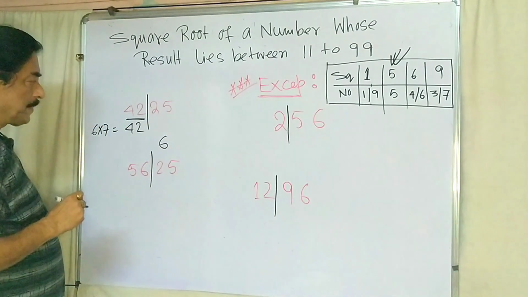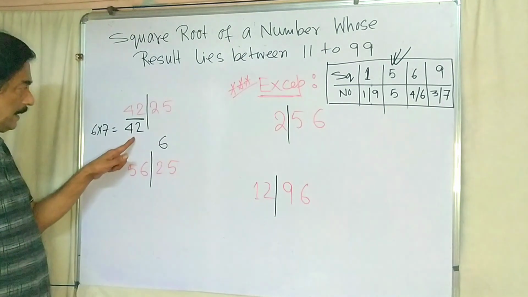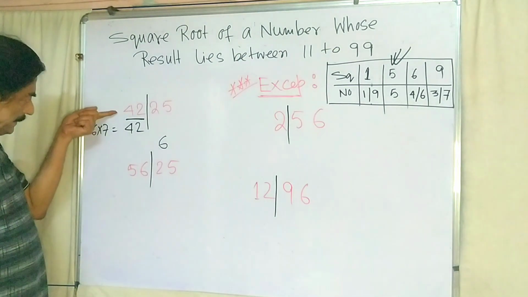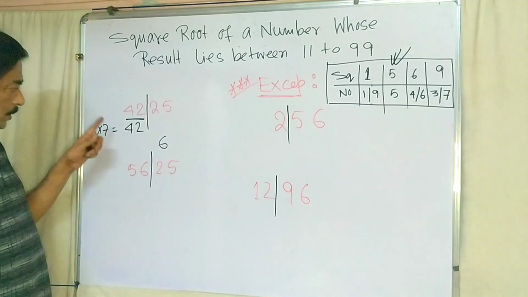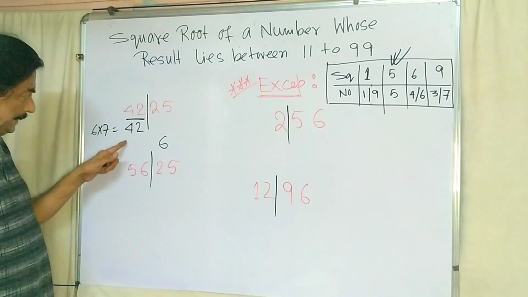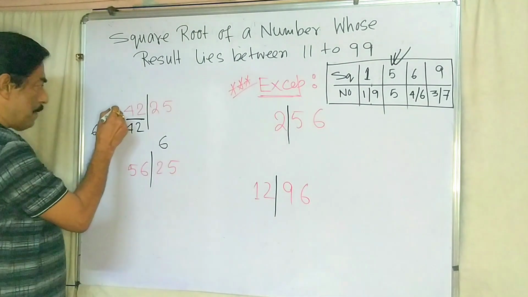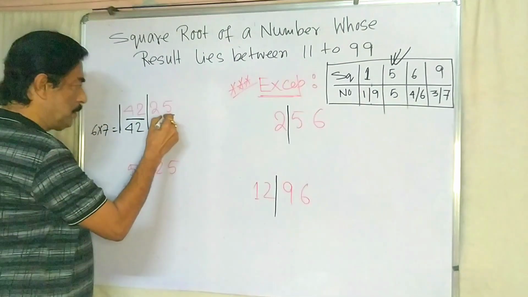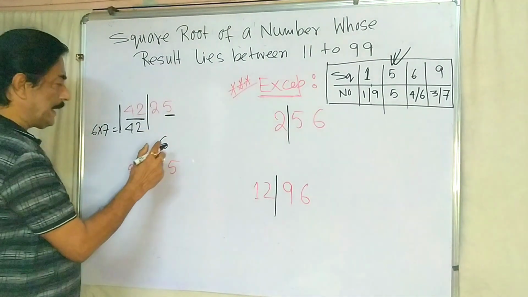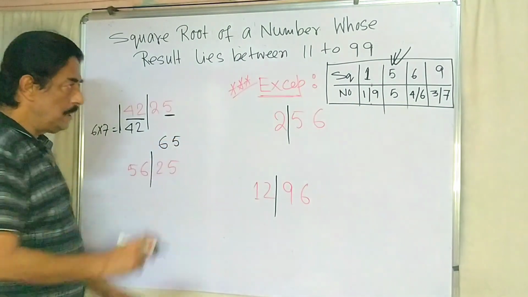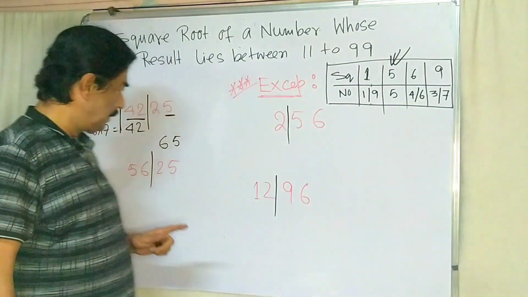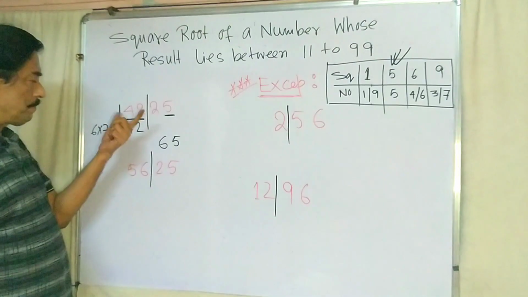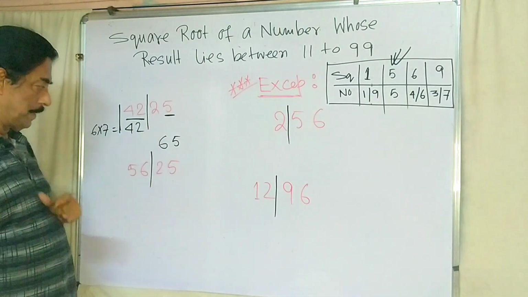Remember very carefully. In the previous case, that number was either less than 42 or more than 42. But in this case the number is equal to 42. If the numbers are the same, 99% of the time the right side should be 5. So we can write 5, because under 5 there is only one number. So the square root of 4225 is 65.